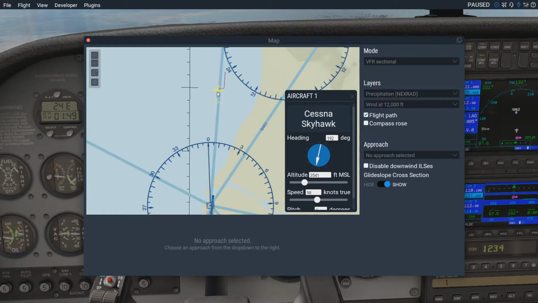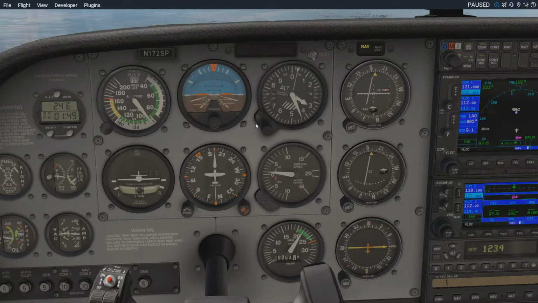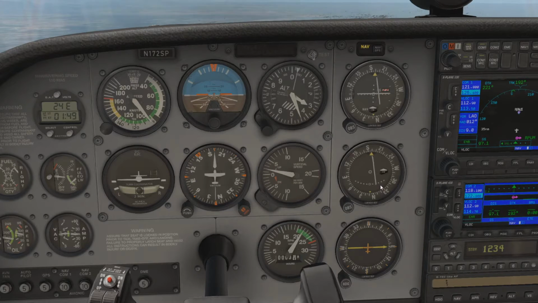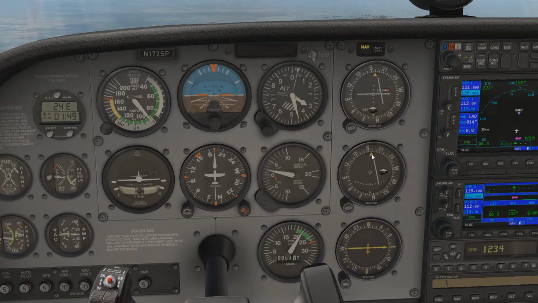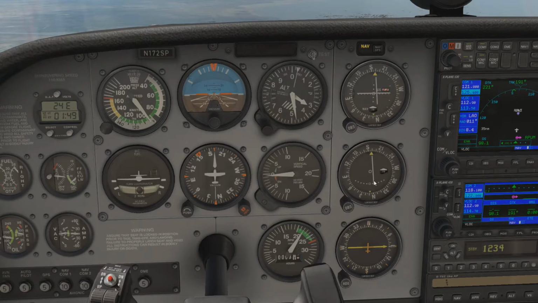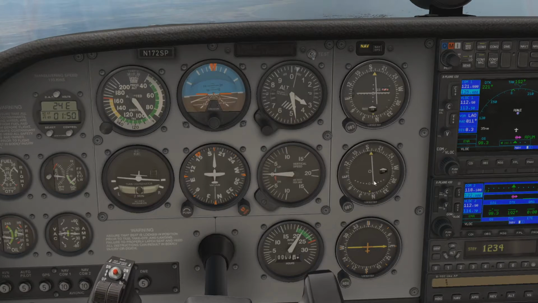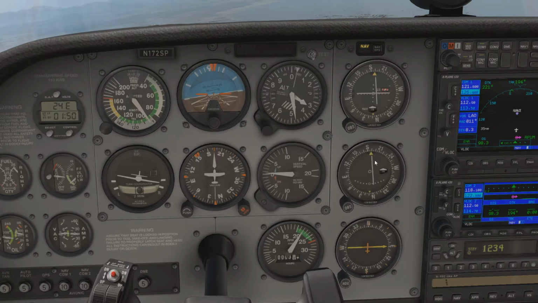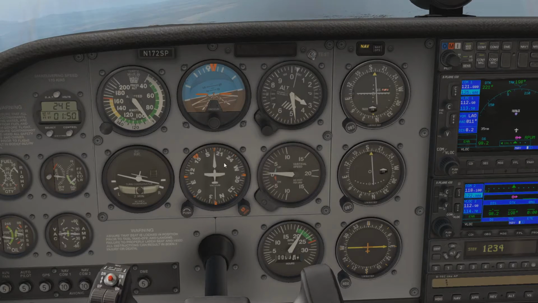Same thing, if I deflect the aircraft over to its left, the needle will be deflected to the right. So if you want to center the needle, you turn into the direction which the needle is pointing. In this case, it's more towards the heading of 210, so we're just going to turn to around the right